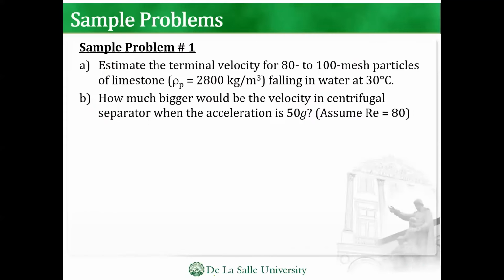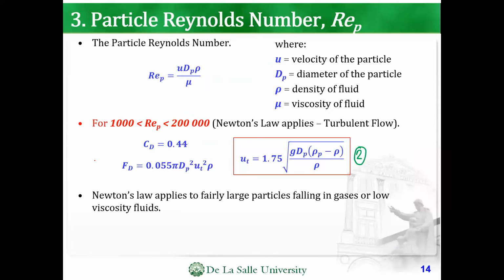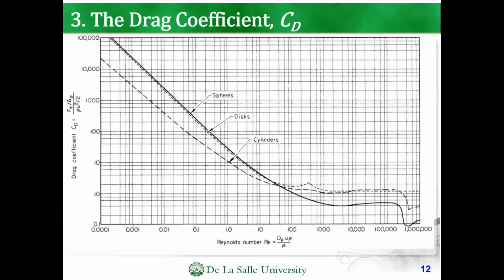So if we have a Reynolds number of 6.38, 2, 3, 4, 5, 6. This is 6.38, somewhere here. So when we use this one for crushed limestone, I don't know what the value is in here, because look, it's already 100. Maybe let's find it using the other graph, this one.